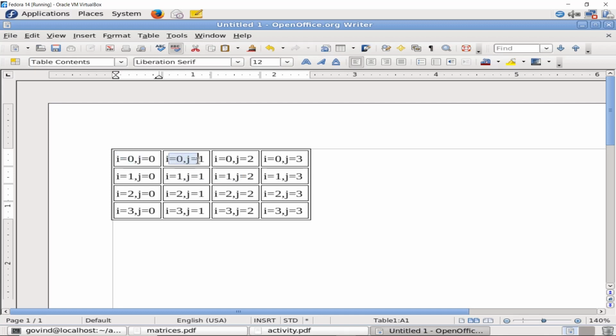So provided an element here, the transposed version of this element will be i equal to 1, j equal to 0. That means to find the transpose of a matrix, just exchange their row and column indices. So an element at i equal to 1, j equal to 2, the transposed version of the matrix contains the same element at i equal to 2 and j equal to 1. Note that the elements in the matrix that come in this section, referred to as principal diagonal elements or primary diagonal elements, don't change. Their position remains the same in the transpose version.